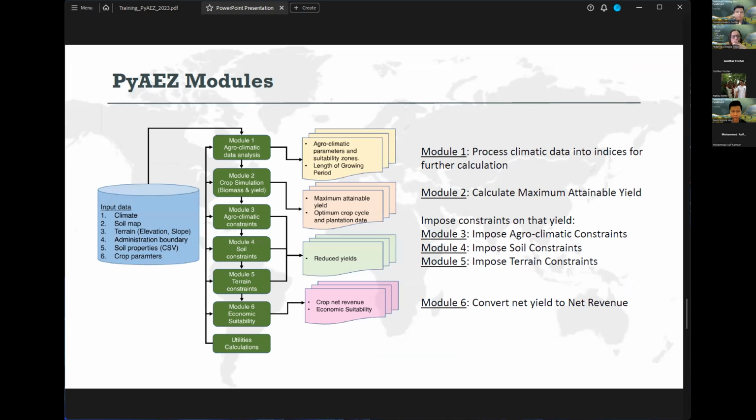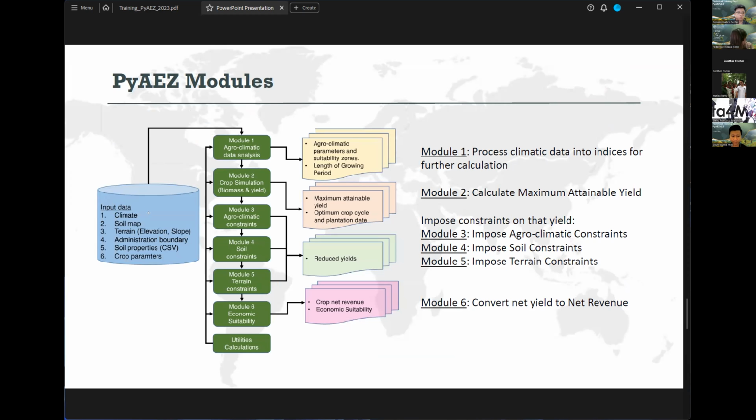So for the PyAEZ modules, we have 6 modules. I will start off by going through quickly the input data. For PyAEZ, we need 6 climate data. We'll go into that in the next slide. The formatting is quite important because we need the input data to be in a very specific format and shape.